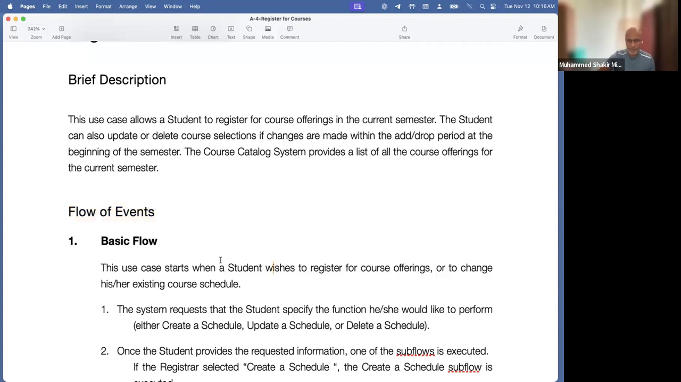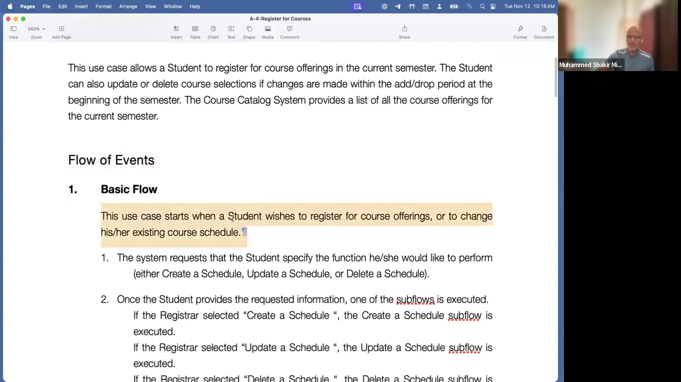So see this here, flow of events, basic flow. Basic flow must and must start with how the use case starts. Mandatory. How will the use case start? In this case, it is only the student that starts the use case. In some cases, there can be multiple actors starting the use case. You must describe simple statements. This use case starts when a student wishes to register for course offerings or to change his or her existing course schedule. So you can describe this use case starts when the